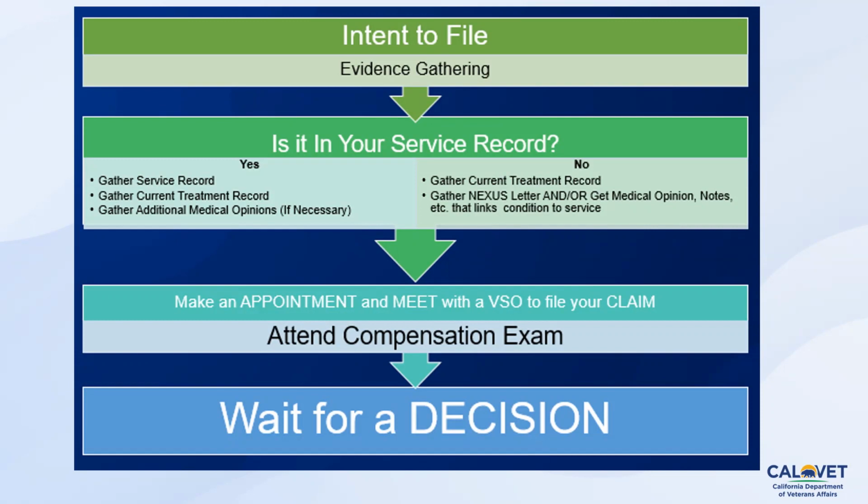What that does is it captures the date that we submit the intent and gives us up to 1 year to complete the claim. So we'll let the VA know, and then we'll go about collecting the information and evidence necessary to file your claim. When your claim is submitted within the year, goes through the process, and is adjudicated in your favor, you will be paid retroactively to the date that we filed the intent. The main thing that the intent does for us is it gives us the time necessary to put together a good, thorough, well thought out claim and not feel rushed to do so.